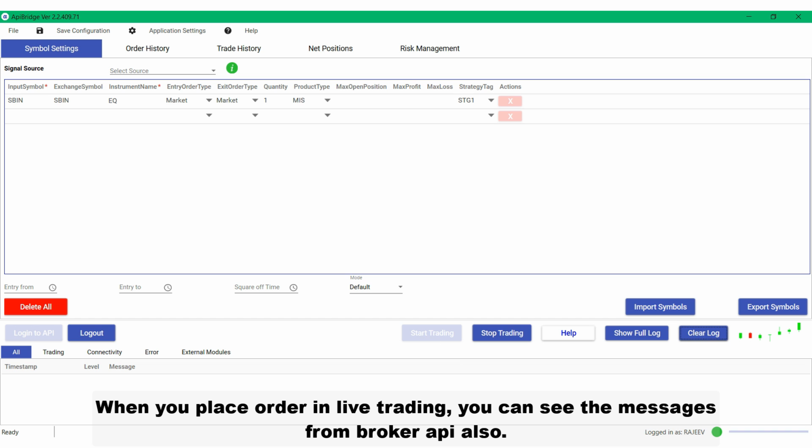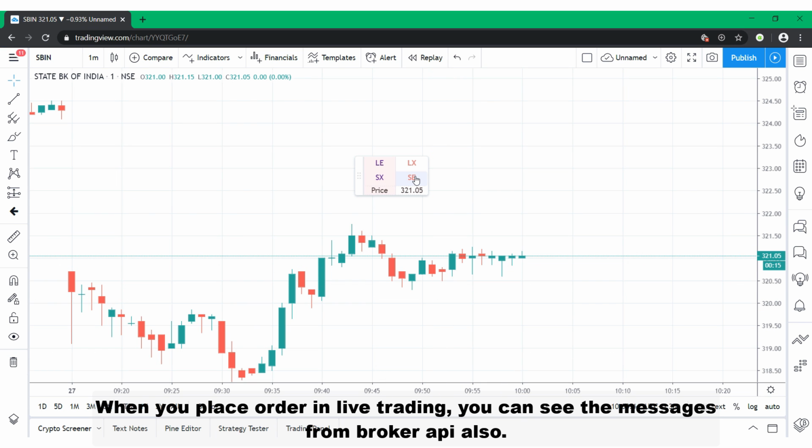When you place order in live trading, you can see the messages from broker API also.